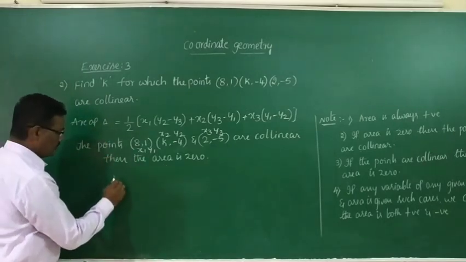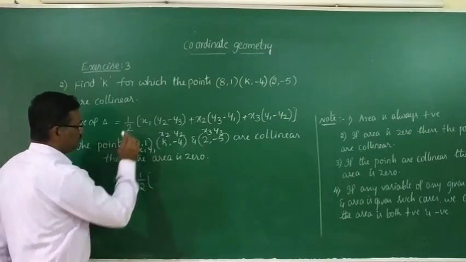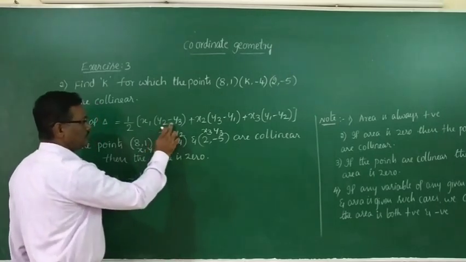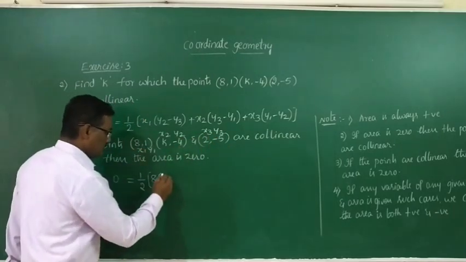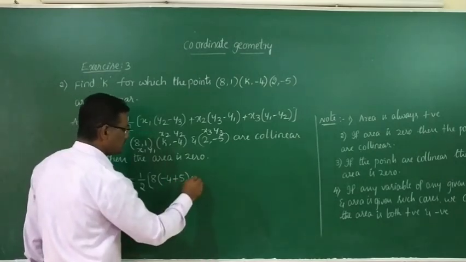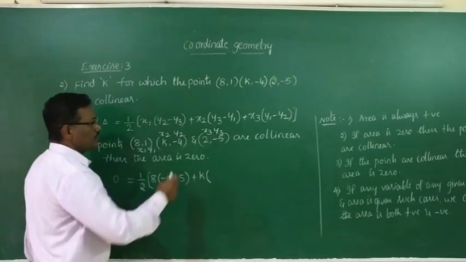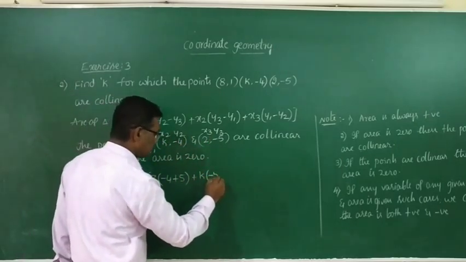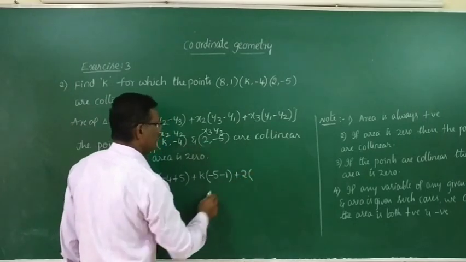I am going to take now the area is 0 equals half into, according to the formula, x1 is 8 into y2 minus y3, minus 4 minus of minus 5, minus 4 minus of minus is plus 5, plus x2 is k into y3 minus y1, minus 5 minus 1, minus 5 minus 5, plus x3 is 2 into y1 minus y2,